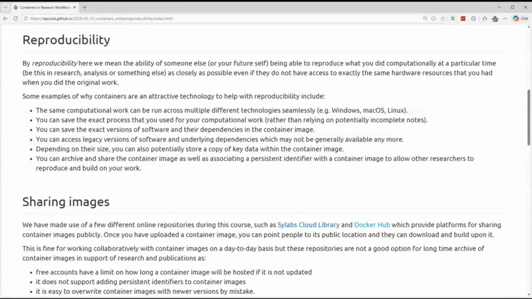You can use exact versions of the software that you have used, or versions that for some reason are no longer available, you will have them there. And this is what was also explained in the video that was